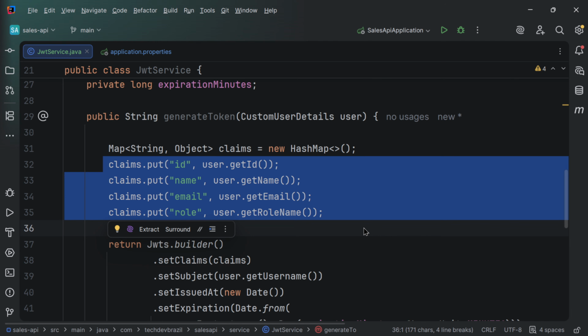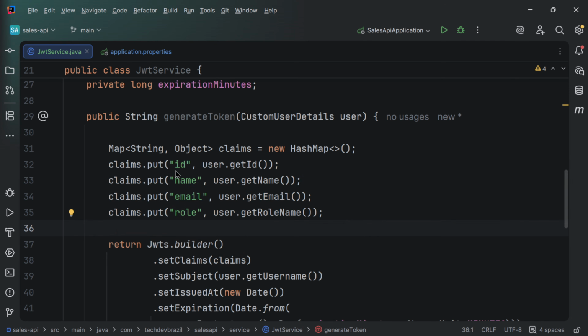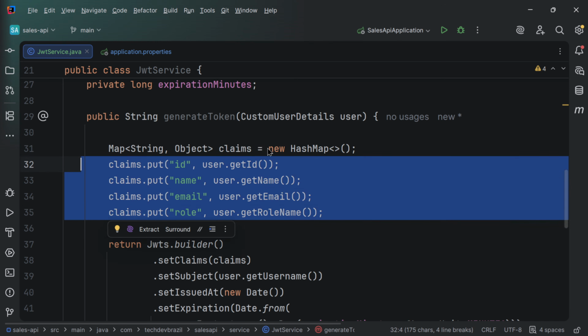All right, so now we are creating the claims here, and we are adding inside a map, which is a hash map, a simple hash map. You're basically used to creating this kind of mapping in your daily projects. Okay, so now next step here,